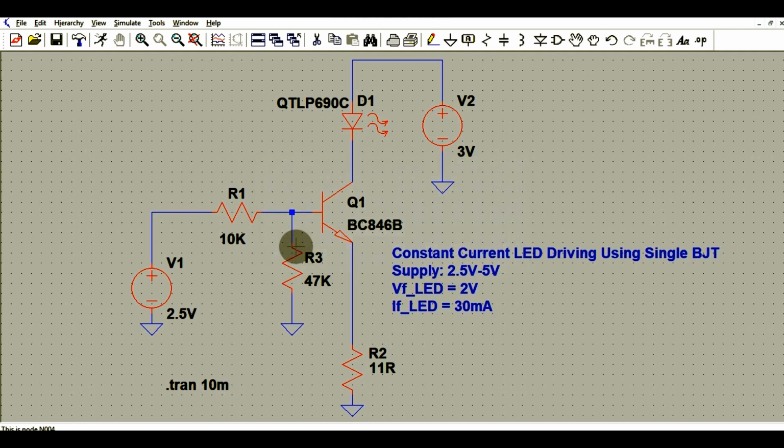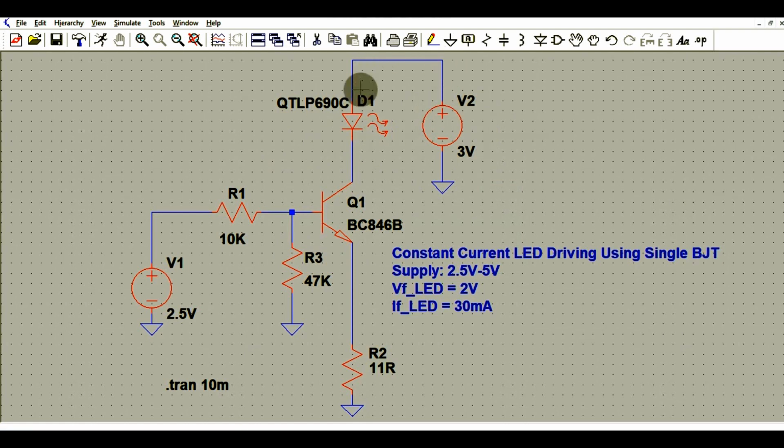So we have to tune this circuit so that we can get 30 milliampere forward current for enough luminance or intensity of the LED, right? This is the supply voltage which is varying from 2.5 volt to 5 volt, right?